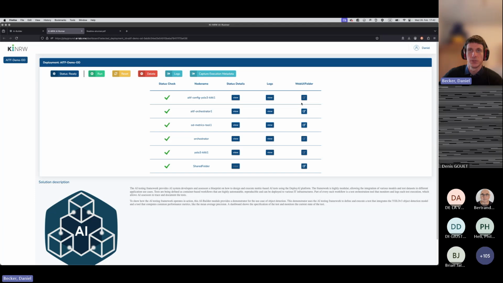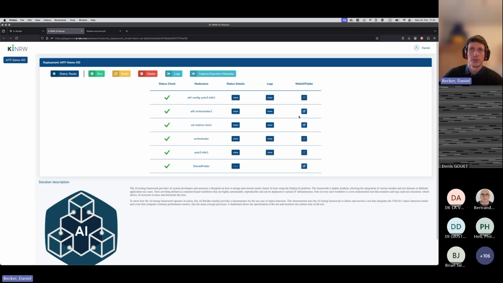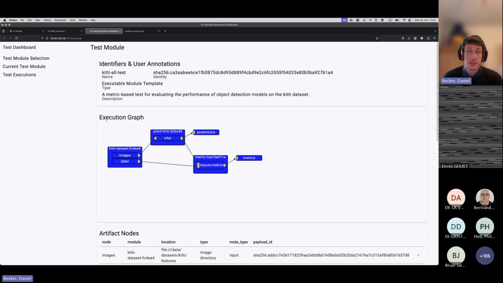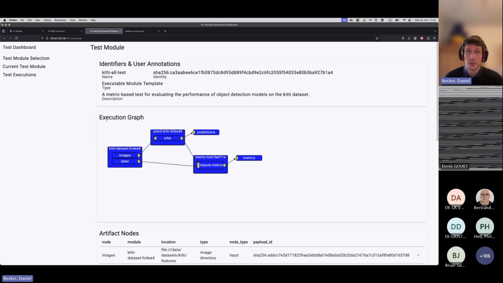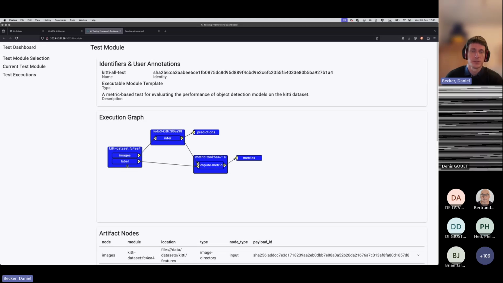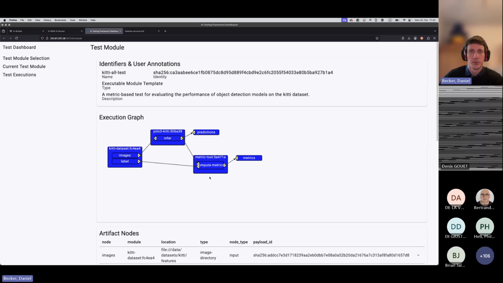But what you can also do is, these containers, these modules can provide their own web UI that you can just click on, and then it opens up in the browser. And if you look at what this orchestrator has implemented, you can see here that it is actually giving you a view of the whole workflow that has been configured here. Basically, what we see is we have a data set, which is a KITTI data set, a data set of images of traffic scenes. And then here's a model that does object detection on these images, predicting certain classes of objects, basically cars, pedestrians, and cyclists. And we have a tool that computes performance metrics on that.